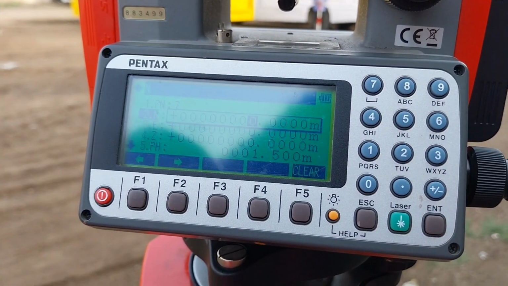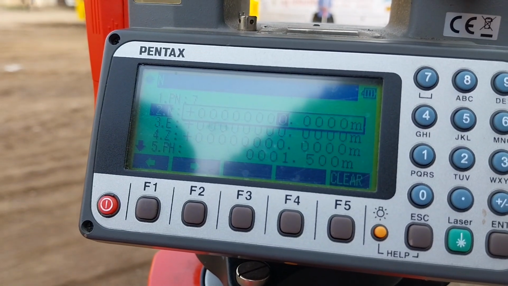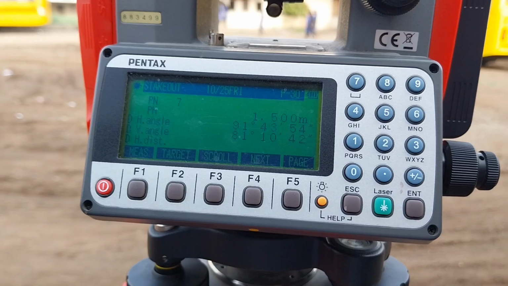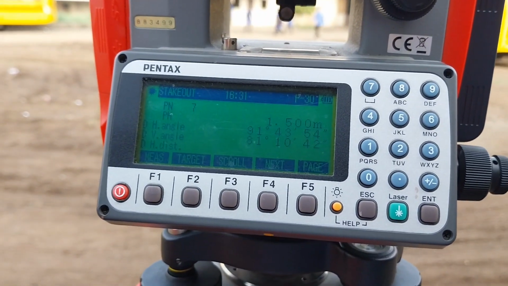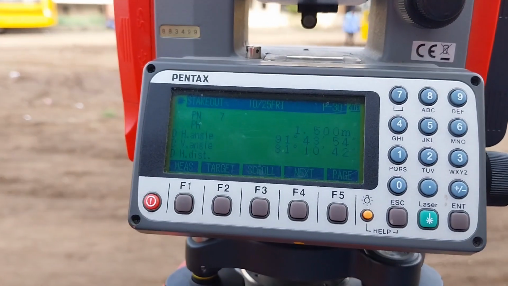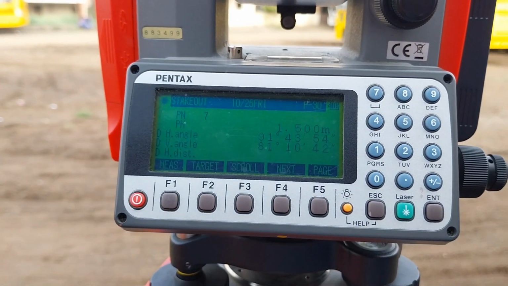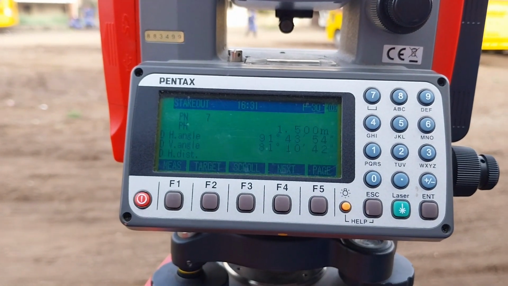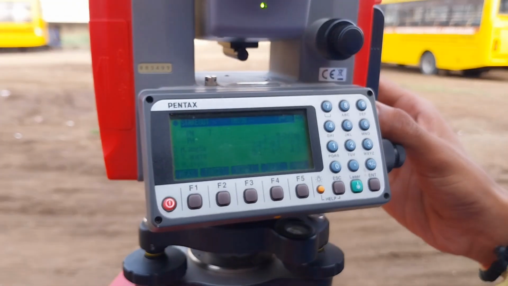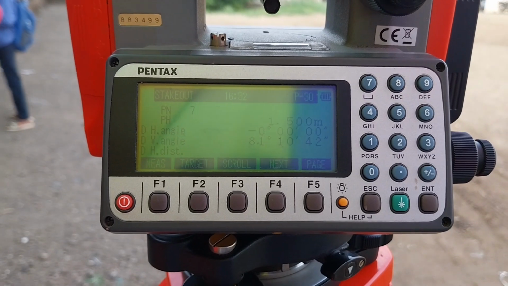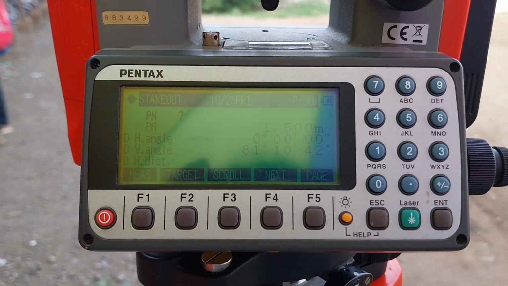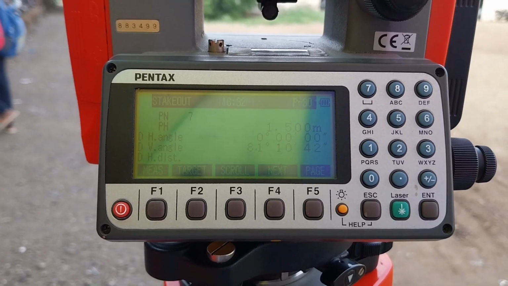and enter its coordinates manually. After entering the coordinates, you can see the display page like this. Turn the telescope until the horizontal angle becomes 0 degree. When the display shows 0 degree angle, clamp the horizontal screw.